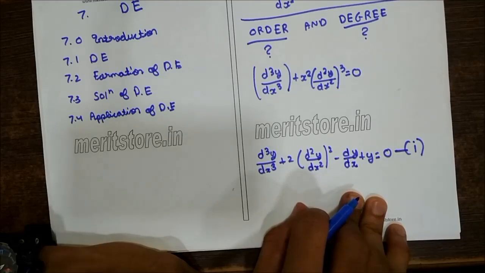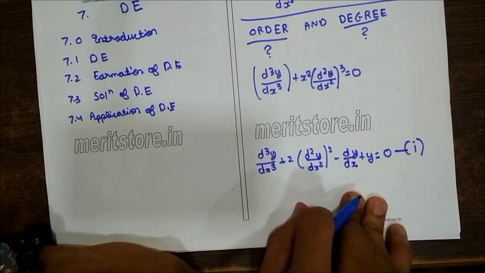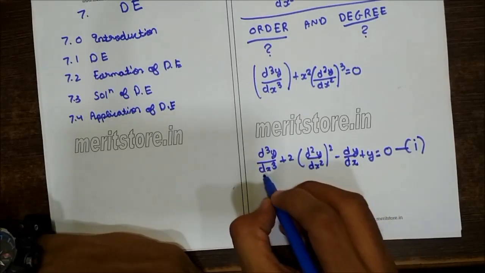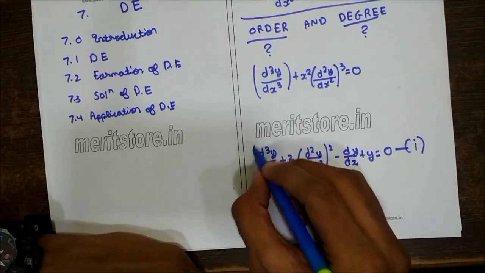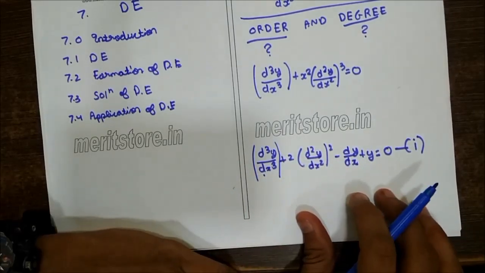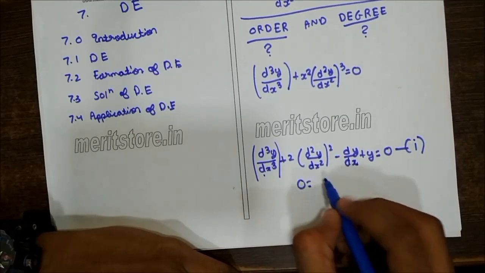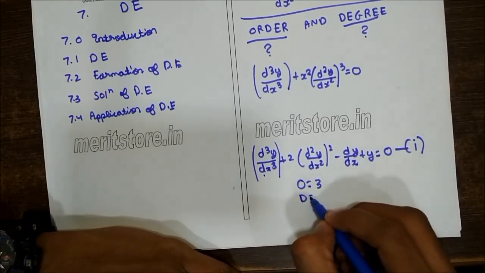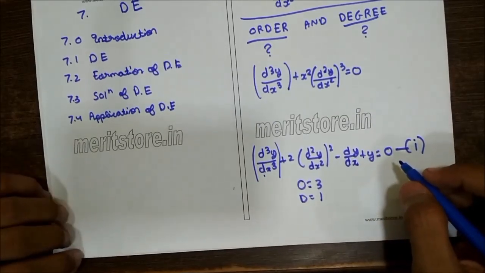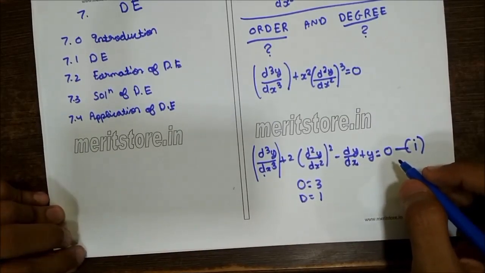In view of the above definition, one may observe that differential equation 1 is of degree 1. Why would we say so? Because the highest order derivative has power 1. See this? It has power 1. So here the order becomes 3, the degree becomes 1. I hope the order and the degree of a differential equation are quite clear with these examples.